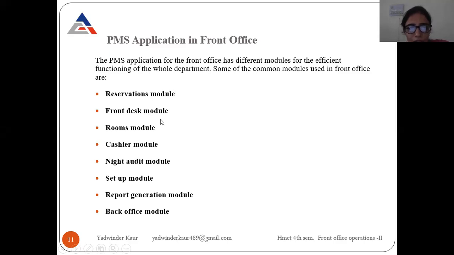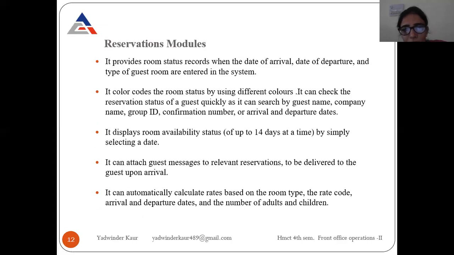One is the reservations module, front desk module, rooms module, cashier module, cashier audit module, setup module, report generation module, and back office module, right? So these are all the modules we use in hotels in the PMS application. So the first one is the reservations module.